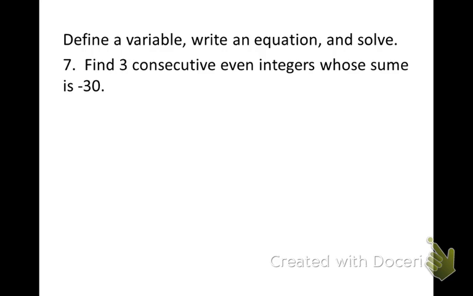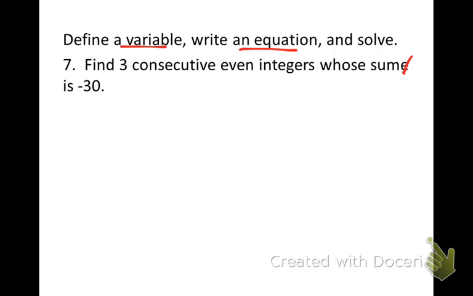And we have a word problem. In our word problems, I am going to make you do what's called defining a variable. You might not have had to do that before, but in here, to me, that's very important. So we're going to define our variable. Choose a letter and say what it means, what it stands for, write an equation, solve it, and make sure you answer the question. So find 3 consecutive even integers whose sum, a little misprint there, so that shouldn't be there,